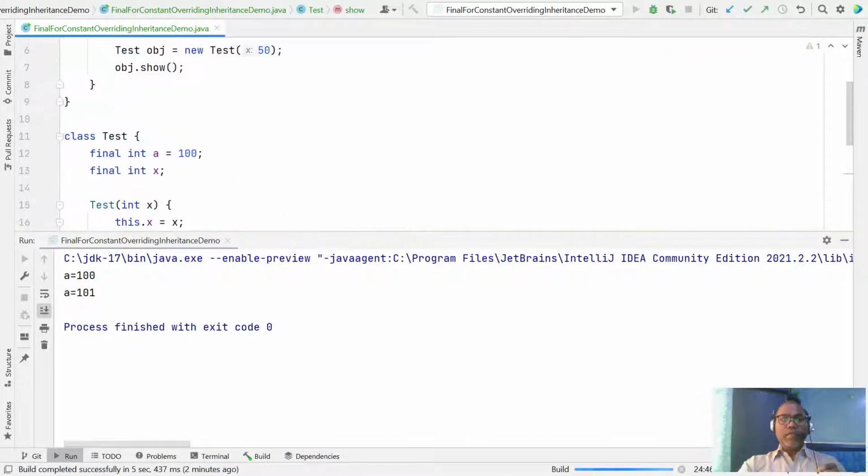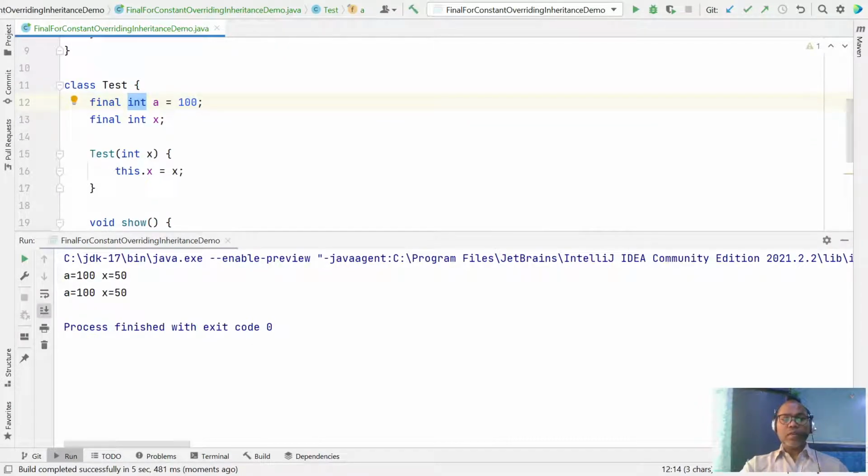Any instance variable you can declare final, and it cannot be initialized again. But sometimes you can declare a final variable without initialization. In this scenario, you have to initialize inside the constructor.